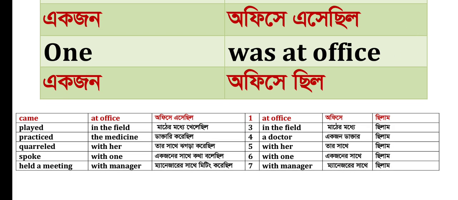This way you have to read this: I quarreled with her আমি তার সাথে ঝগড়া করেছিলাম, I was with her আমি তার সাথে ছিলাম. Then up to "with one", you have to read this: I spoke with one আমি একজনের সাথে কথা বলেছিলাম, I was with one আমি একজনের সাথে ছিলাম,